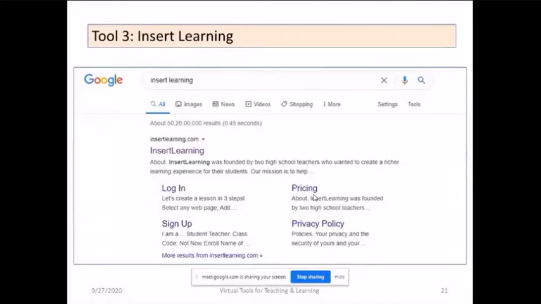So Insert Learning is a very good Google Chrome extension, which will be useful to turn any website into your own resource material. You need not spend your time and effort in preparing new course material. You can browse whichever website you find very useful and share it with the students with this tool, and you can post the questions there itself. You can insert your own contents, like videos, whatever it may be, in the website itself. You can insert. That's why it's called Insert Learning.